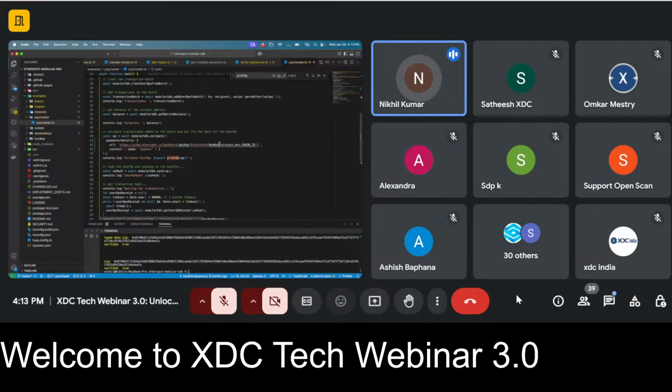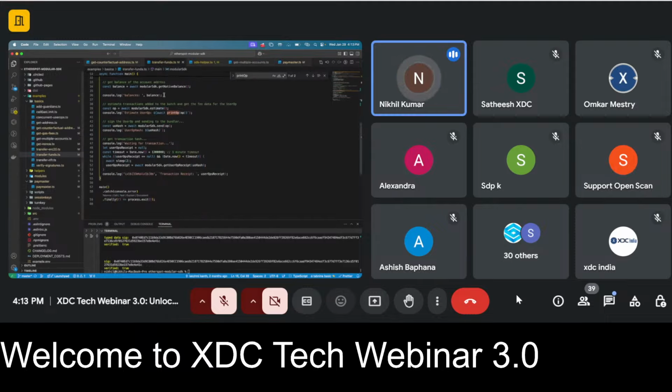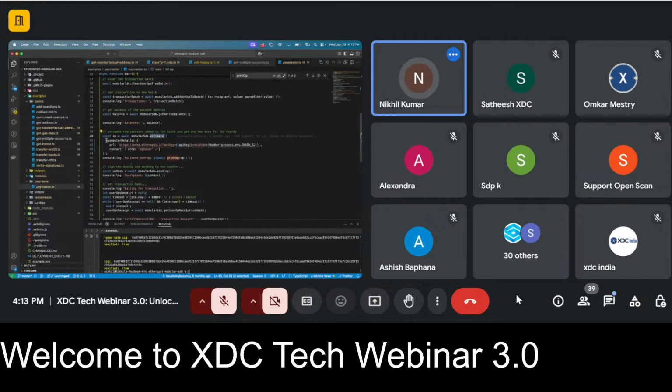And then the same thing here, the difference being in this case, when you are estimating, previously when we were estimating, we were not specifying anything else. We were just doing dot estimate on the modular SDK instance. We were just calling the estimate on top of it. Like, let's say here, this is a transfer fund native crypto transfer example, wherein we are just calling the estimate on top of it. Whereas in this case, we would specify the paymaster details and say what is the context. The context being sponsor for native